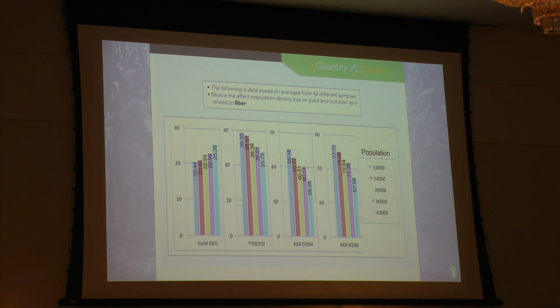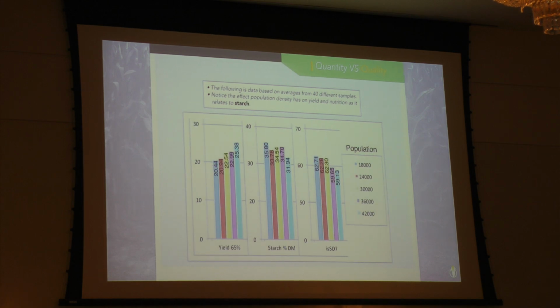through that tough spring, that reduced planting population, we saw a great increase in quality, and we still saw competitive yields because we had flex hybrids that could overcome some of that lower population. So that's one of those key things that I think every dairyman should understand: the effect of planting population on their quality. And like I say, fiber is probably the most heavily affected by that, which is a key factor for our components. I know I'm running short on time here, so I'm going to skip a couple of these here,